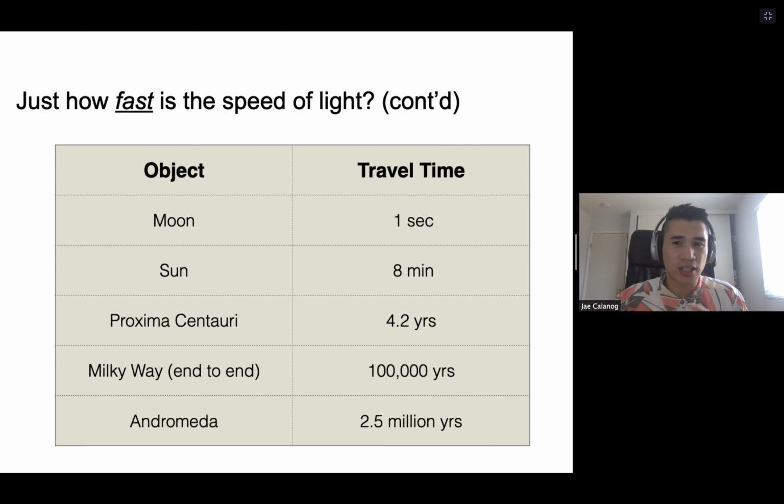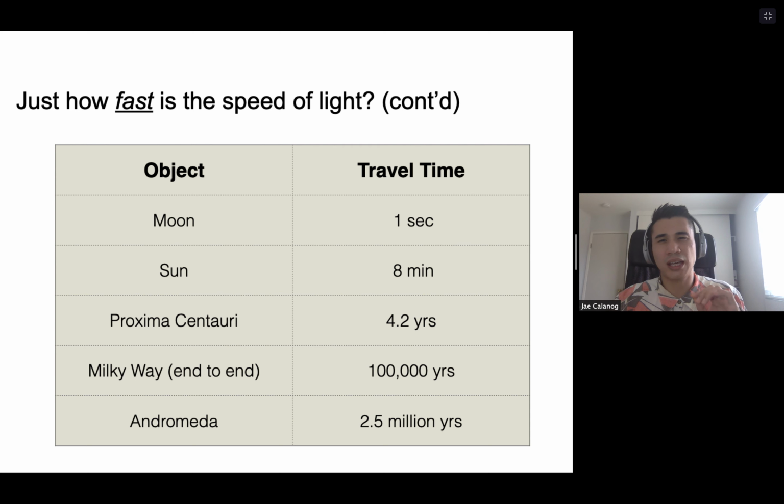Okay, and you've probably heard this one before. From the surface of the sun, it takes about 8 minutes for light to reach us here on Earth. Proxima Centauri, it takes about 4.2 years. Proxima Centauri, by the way, is the closest star to us that is not our sun. So now you're talking about 4.2 years. If you think about that,